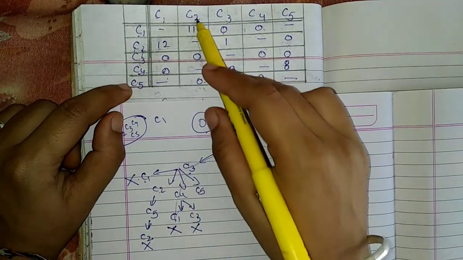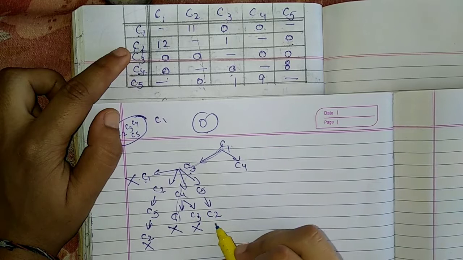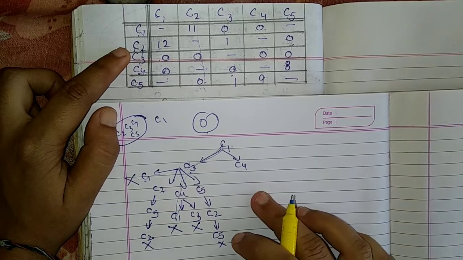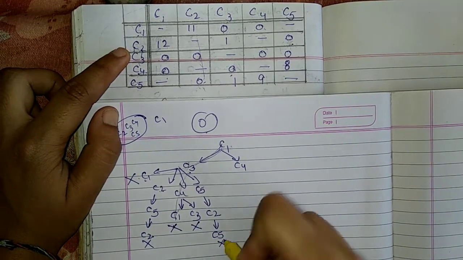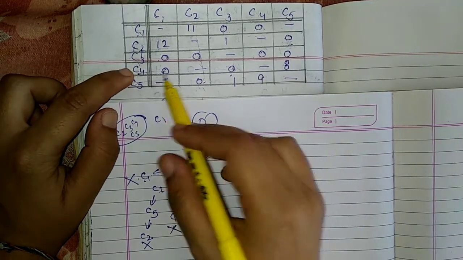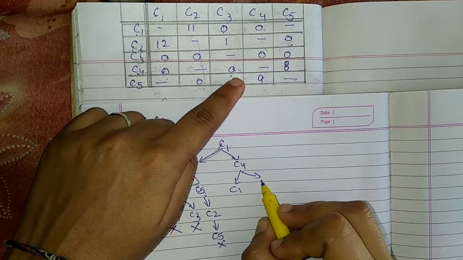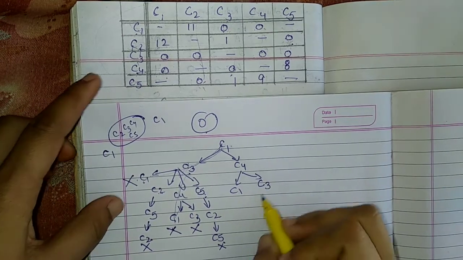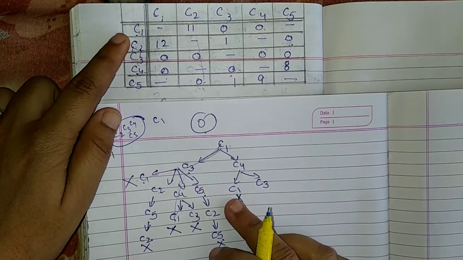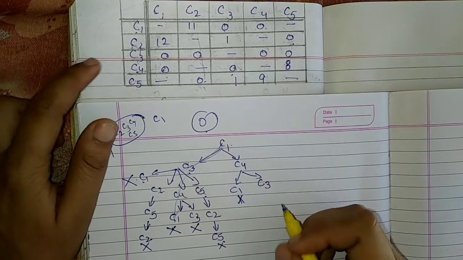C5. In C5 there is only 1 zero, at C2. In C2 there is only 1 zero, at C5. This is also an unfavorable path because the salesman already covered C5 here. C4. There are 2 zeros in C4, one at C1 and another at C3. C1 is unfavorable because the traveling salesman does not cover C2, C3 and C5.